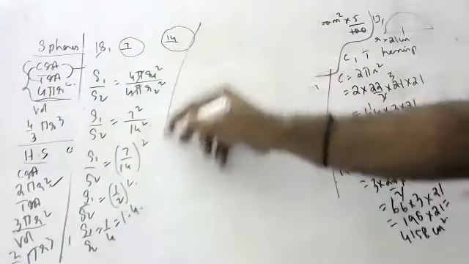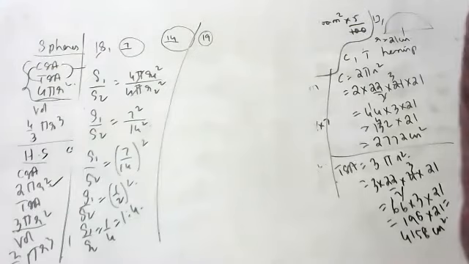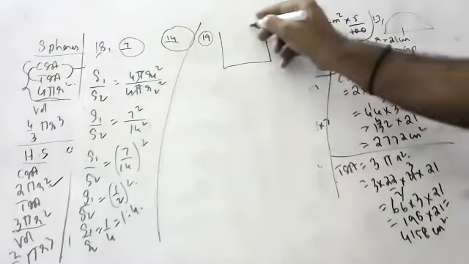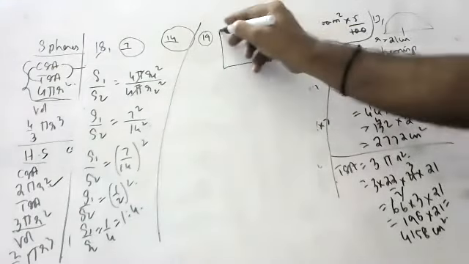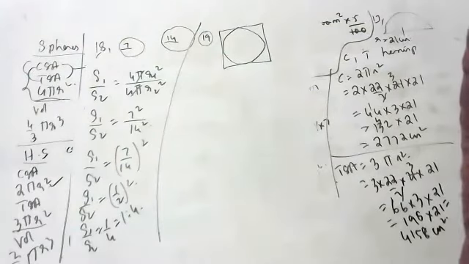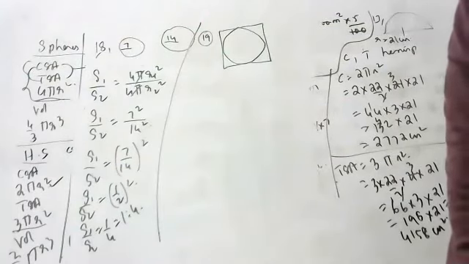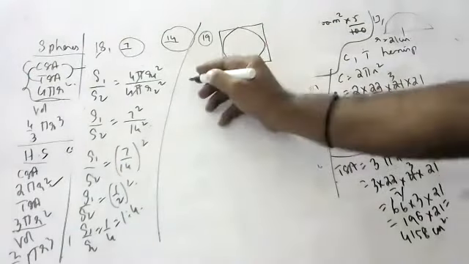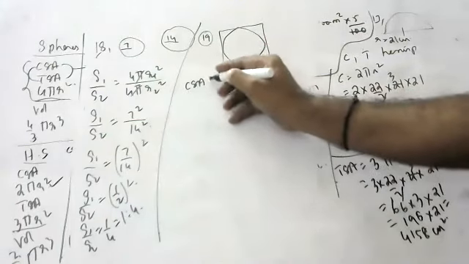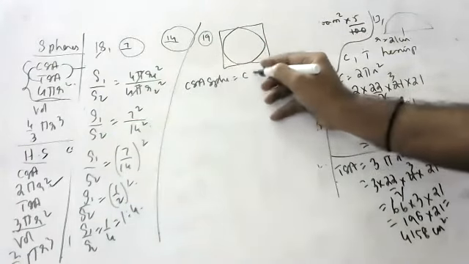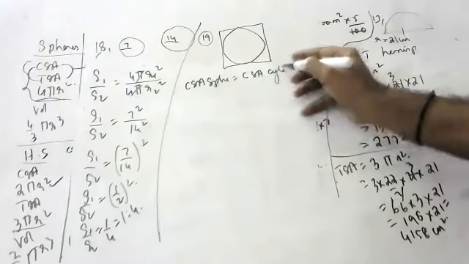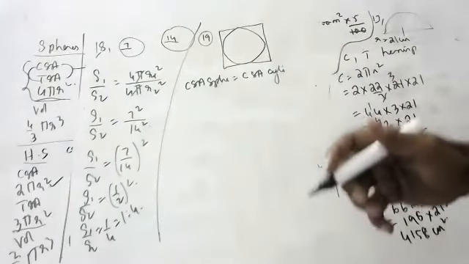Rishikesh, are you there? Yes, sir. This is saying in a cylinder, they kept a sphere like this. Show that the surface area of sphere is same as the CSA of cylinder. He is saying CSA of sphere is equal to CSA of cylinder. He is asking you to show. So what do you do now?